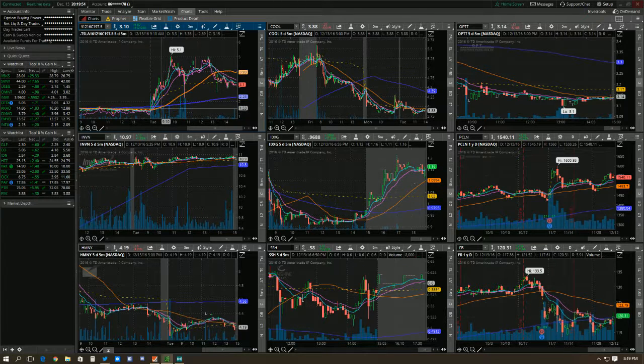100% would have been $3. Let's just say you got them at 1.50. So 100% would have been $3, 200% would have been $4.50. So you'd have made about 250% off of these options. That's what you would have made today. Look at that move, for a fraction of the cost, guys. You could have played them for